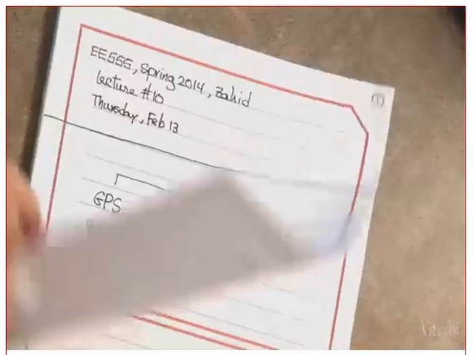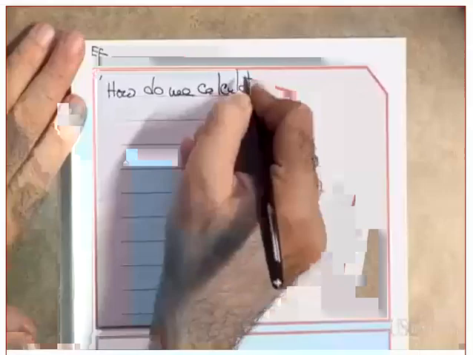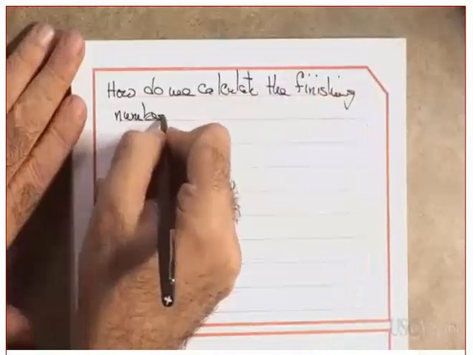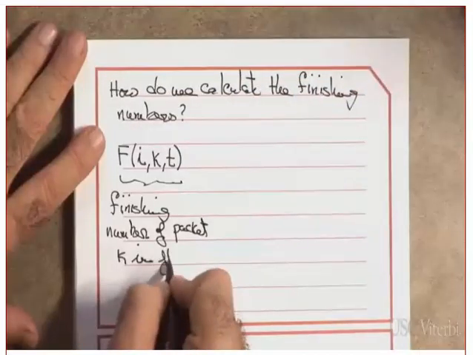Okay. Let's concentrate so that we understand this equation before I give you the example. Which one is this equation for? Is it for GPS or not? Once you start talking about round numbers and finishing numbers, we are talking about GPS. But who is calculating it is the fair queuing scheduler. He is calculating these only to get the numbers so that he can start serving the packets in the order of finishing numbers, starting from the lowest and ending with the highest. Clear?